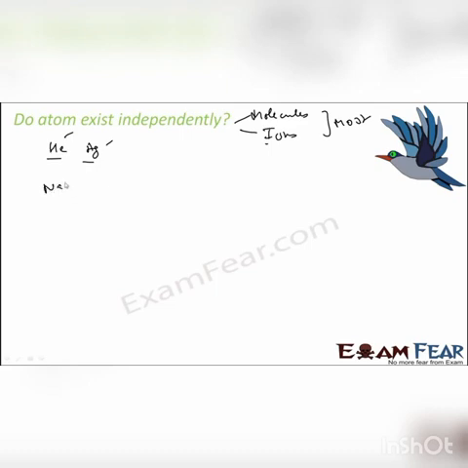But if you talk about sodium Na+, Cl-, these are all ions. We talked about O2, we talked about H2. In O2 we have 2 oxygen atoms, in H2 we have 2 hydrogen atoms, and these are molecules. Or water also, if you see. So most of them won't exist independently, but a few of them, for example helium, argon, mostly noble gases, exist independently. Most of the atoms exist in the form of molecules or ions.